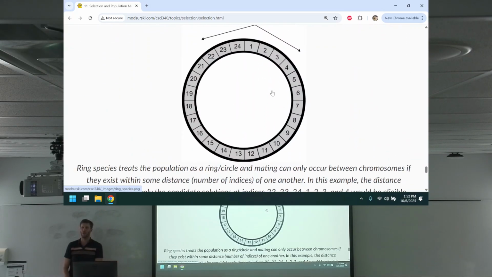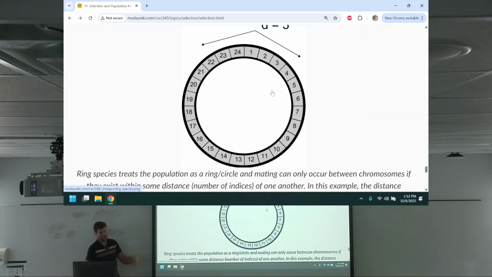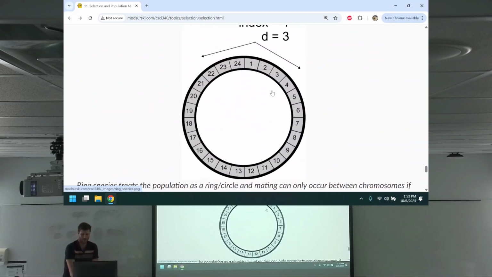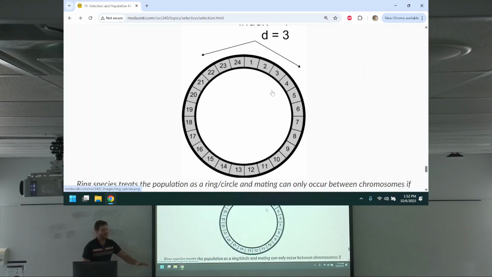What if you treat your population like a circle? And by the way, this is modeled after things that happen in reality. The example I always hear is these little lizards living around mountains, right? I think it's in South America. Honestly, this might be an apocryphal story, I don't know, but the story is lizards around mountains in South America or something. These big mountains, where